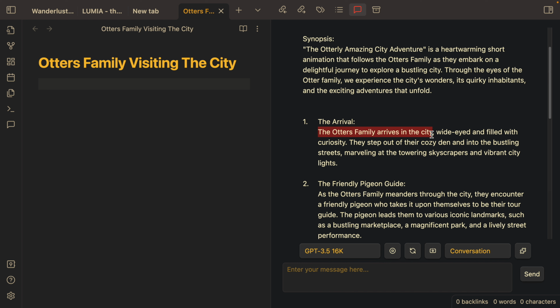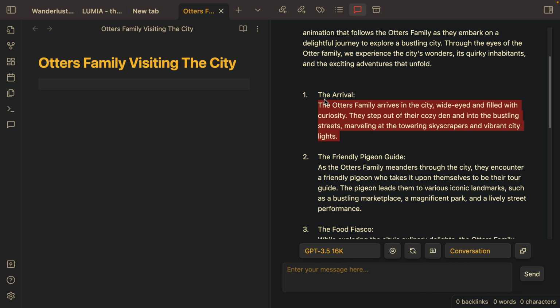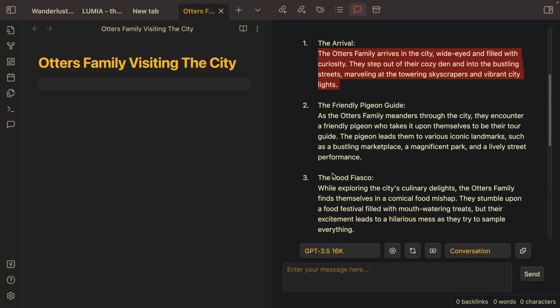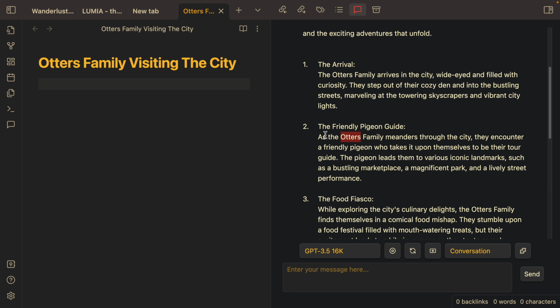The otters family arrives in the city, wide-eyed, filled with curiosity. Okay, this is the first. It tries to break it into 6 different parts. They're wandering the city, so they need help from a friendly pigeon. Okay, this is cool. It's adding ideas. Iconic landmarks.